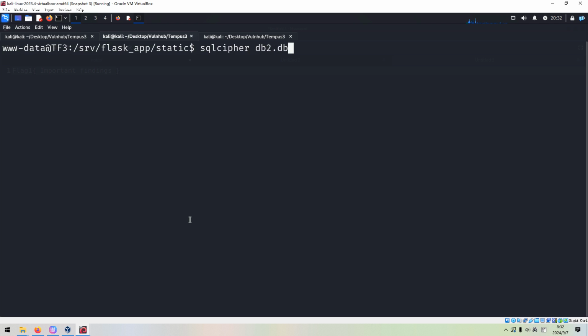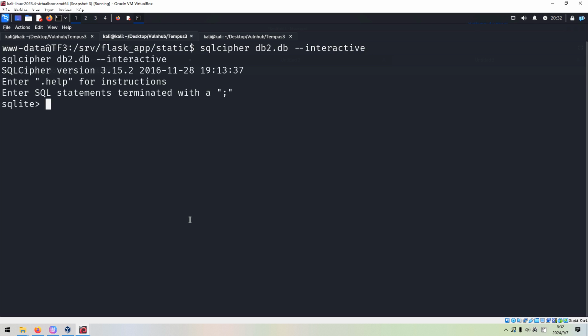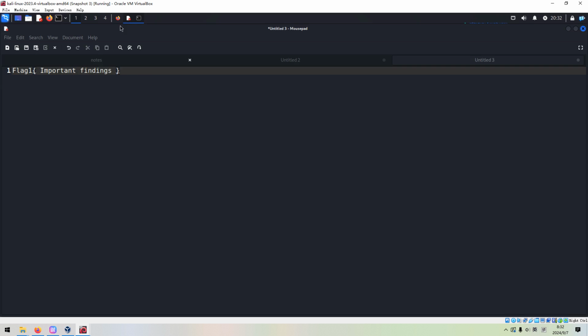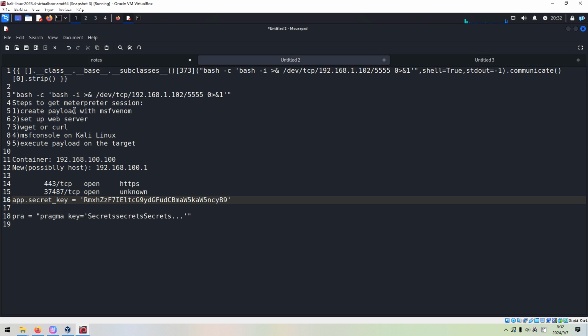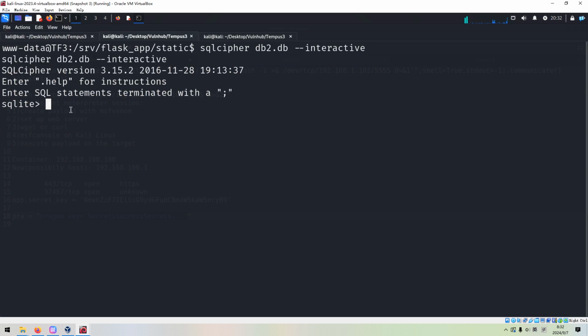This should be the SQLite file, and interactive. Okay, and then we can import the key. I think this is similar to the Django, right? We can import the key by this command or this command, and then we can,